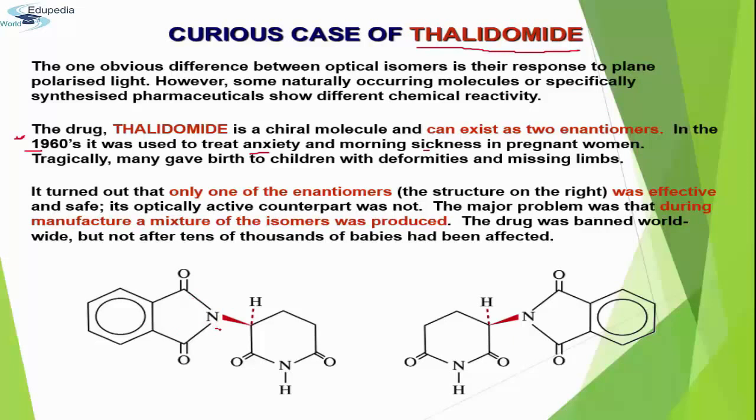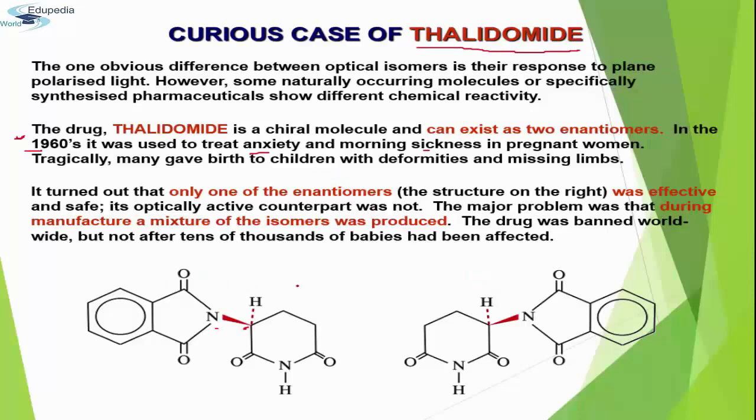It is chiral, the center. So it is having four different groups attached to it. So one will be D form, other will be L form. Okay,